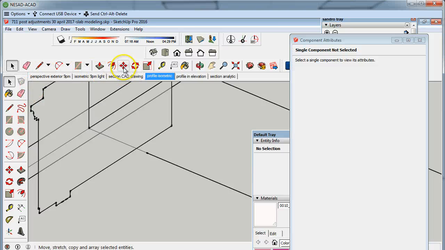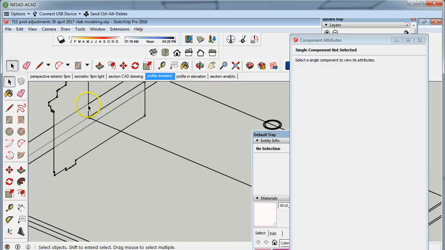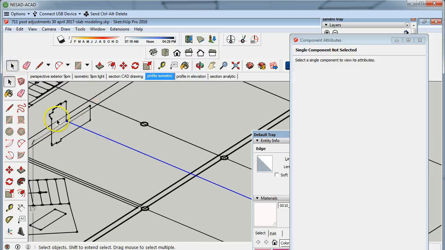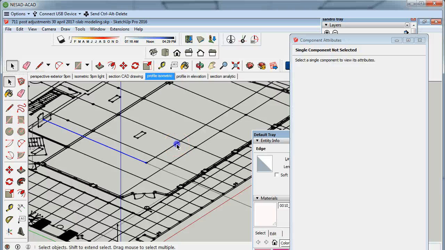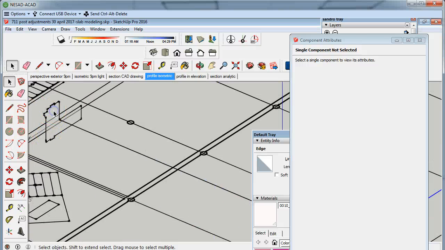And the way to do that, selecting the move tool, you can select the end point of the line and simply drag in the direction until it meets that point. This line and this line now form the path for the inside edge of this slab profile,